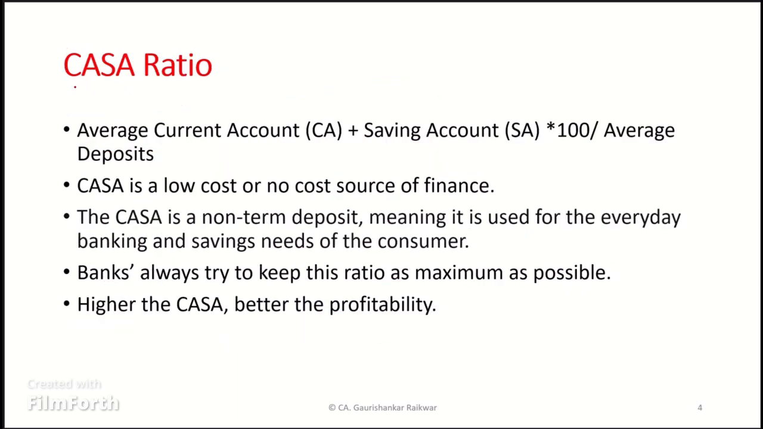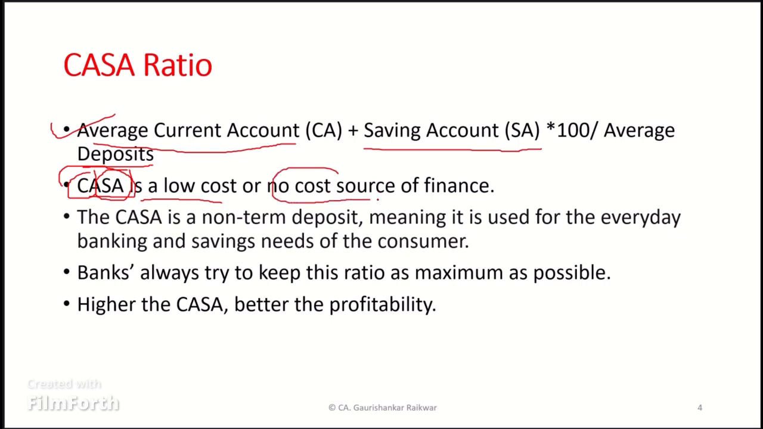Next one is CASA ratio. So the formula is average current account and average saving account balances divided by average deposit. Average deposit we have already discussed in our earlier video. The full form of CASA is current account and saving account. It is a low cost or no cost source of finance. So let us understand why it is no cost and